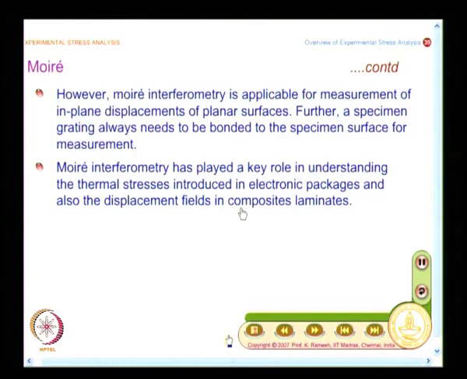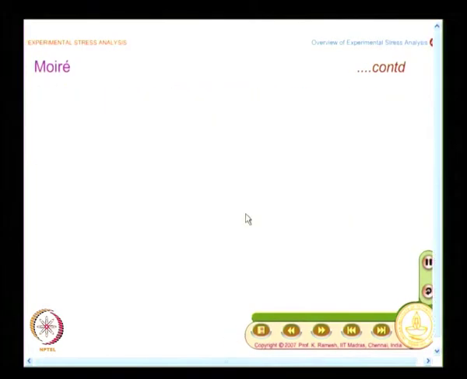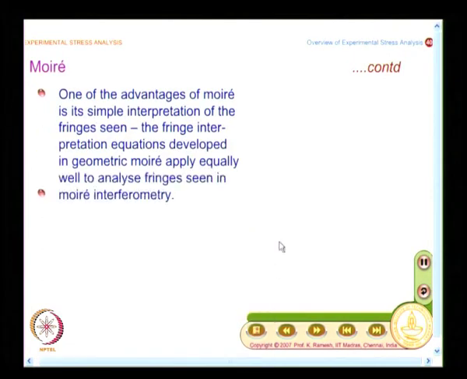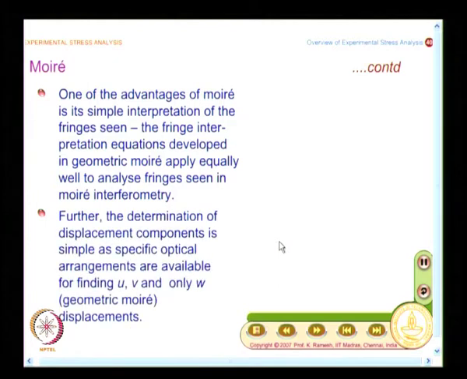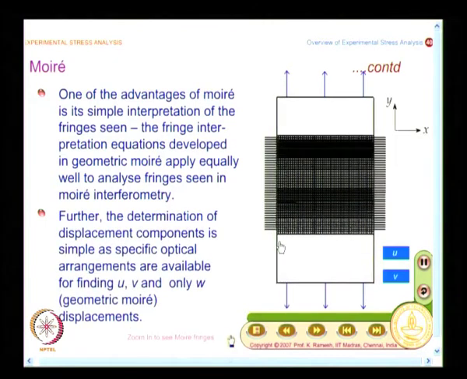So, what is important here is each technique has a particular domain where it has served its purpose fully. The moment you think of Moiré interferometry, electronic packaging you cannot forget, they go together. Very interesting problems in electronic packaging have been solved by Moiré interferometry. And the other concept which I wanted to say was that you are able to get the displacement information comfortably separated in Moiré analysis.